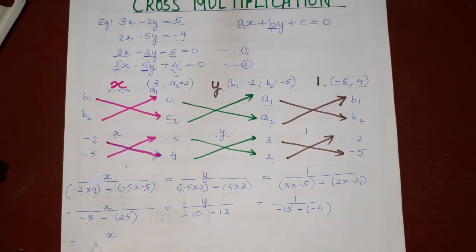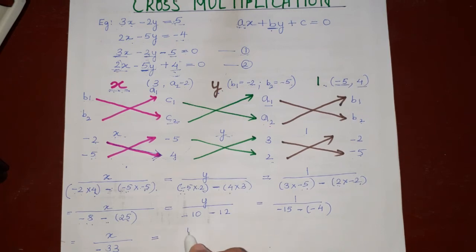So x upon minus negative is positive. We know this. Negative into negative is positive. So 25 will get added up to 8. 25 plus 8 will give us 33. But since both of these numbers have got added up due to this negative sign, we have to show the negative sign also. Whenever any two numbers are getting added up because of two negative signs, we have to show that sign. Okay, so this is done.